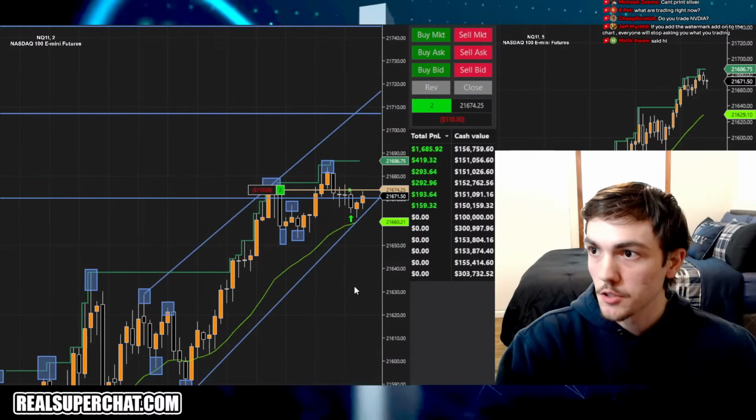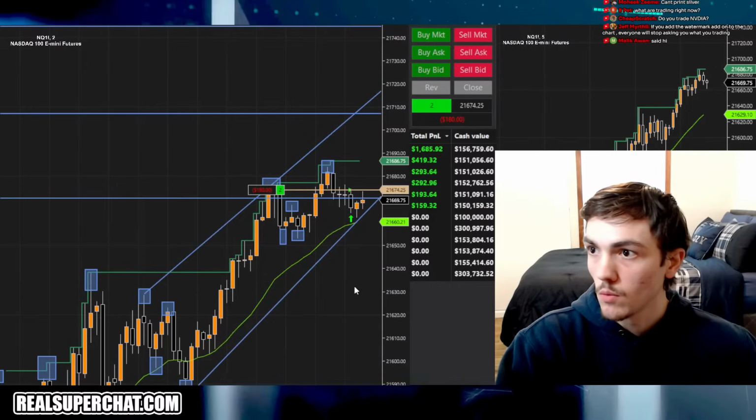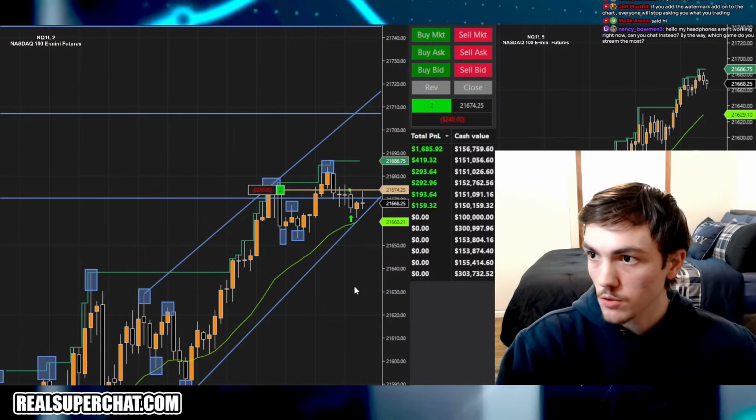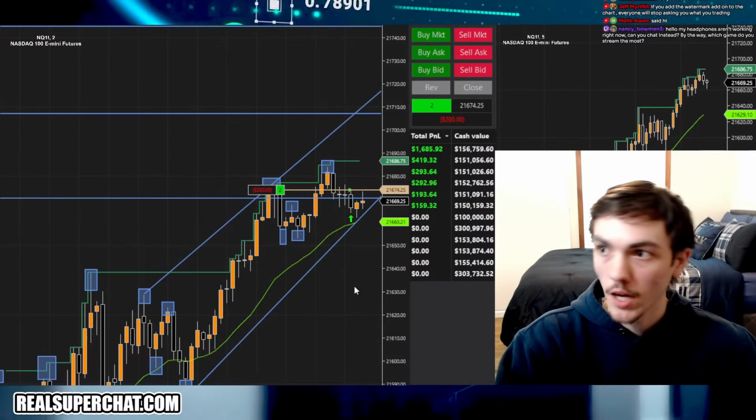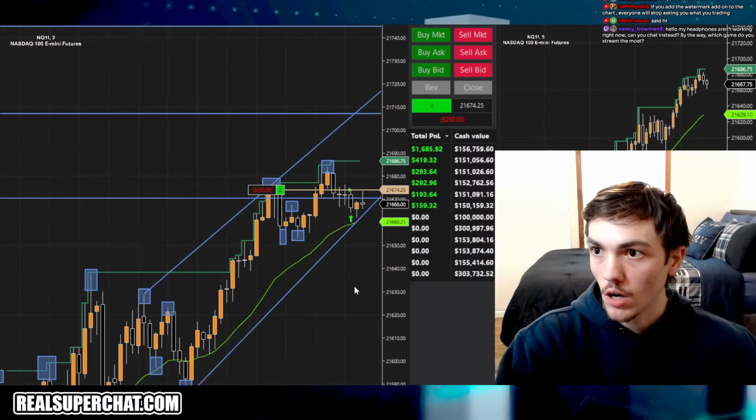Should have added to that trade. All hindsight, though. Would have added if it wicked through that 21 EMA. Would have been out if I added, though. It's all hindsight.